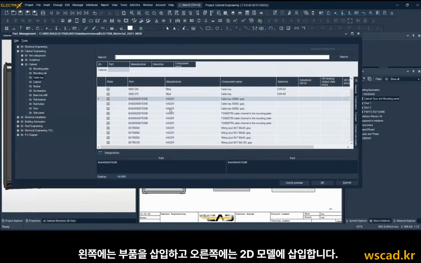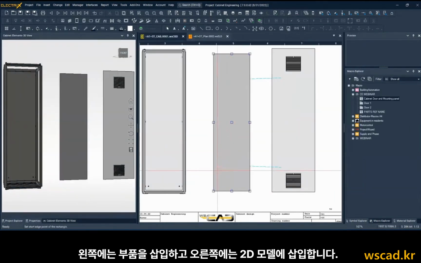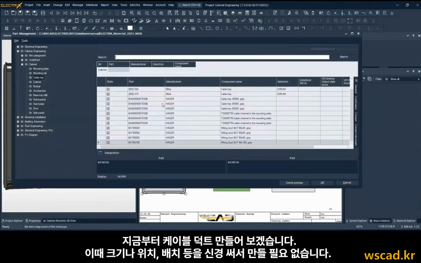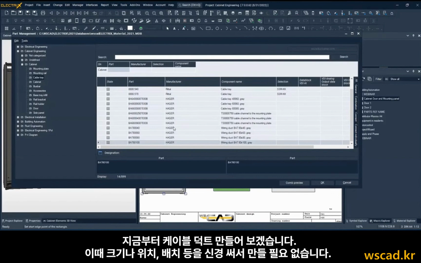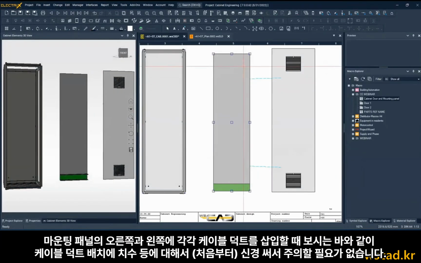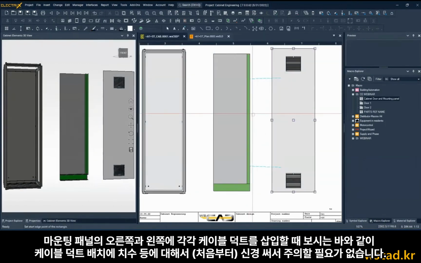On the left side, we will insert our parts, and on the right side in the 2D model, let's say now we inserted this cable duct, and you can see we don't need to be careful how to place this cable duct. If we insert some other cable duct on the right side of our mounting panel,